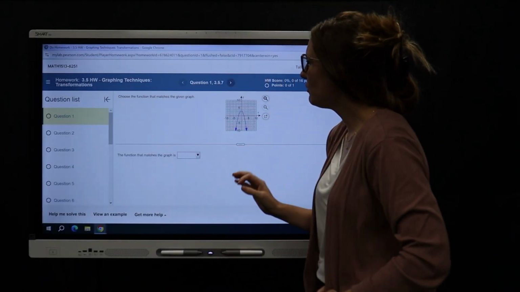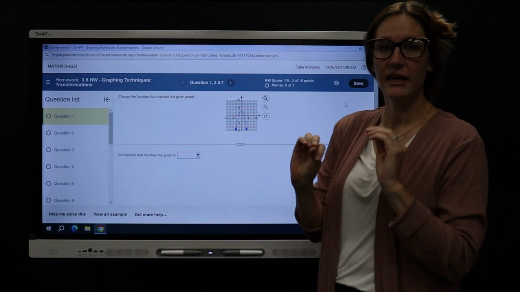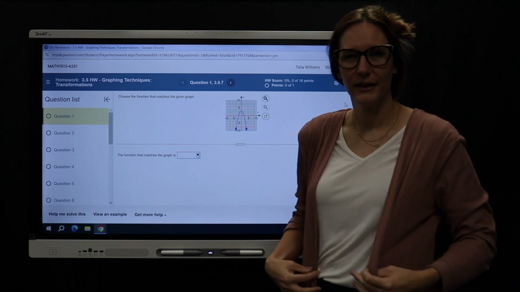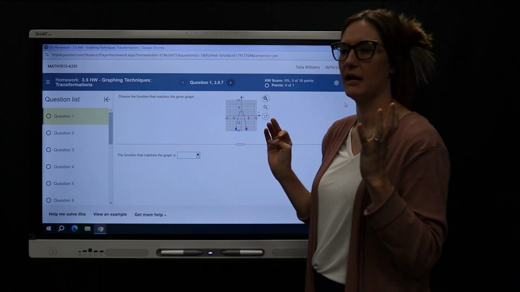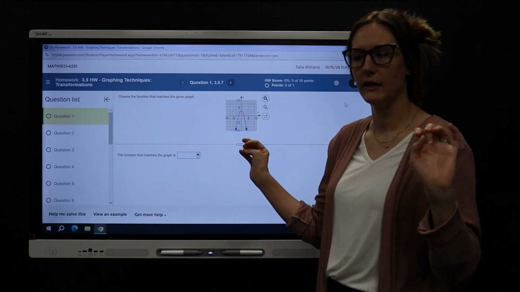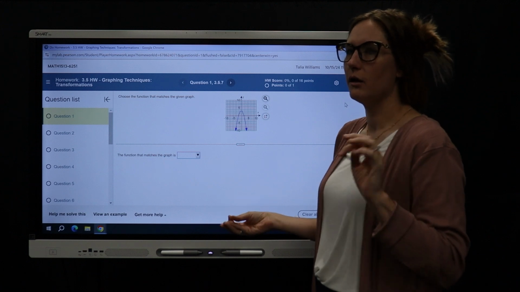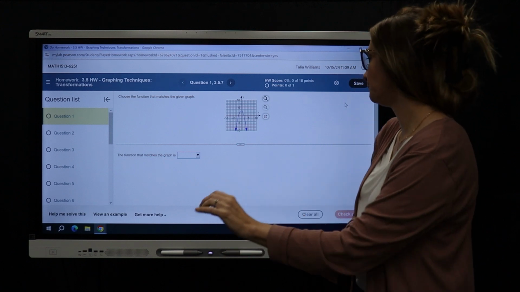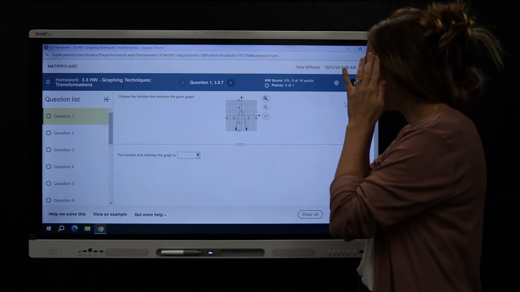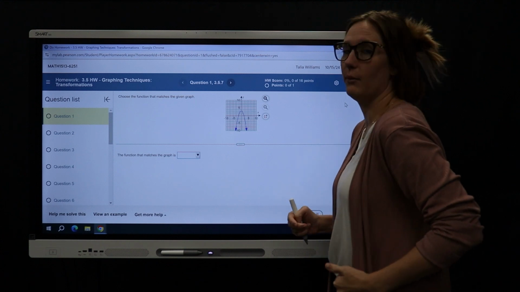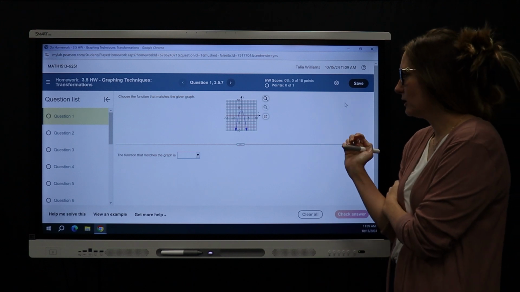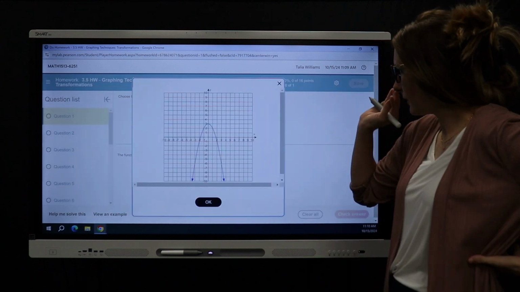Okay, so we're gonna go over the actual transformations now. If you haven't watched the video that I recorded on the light board going over the different transformations, and how plus and minus on the outside is up and down, and plus and minus on the inside is the opposite of what you'd think in left and right, watch that and then come back and watch this one, because I didn't want to deep dive into that while going over these. So the first thing that I want you to do when you see a graph is determine